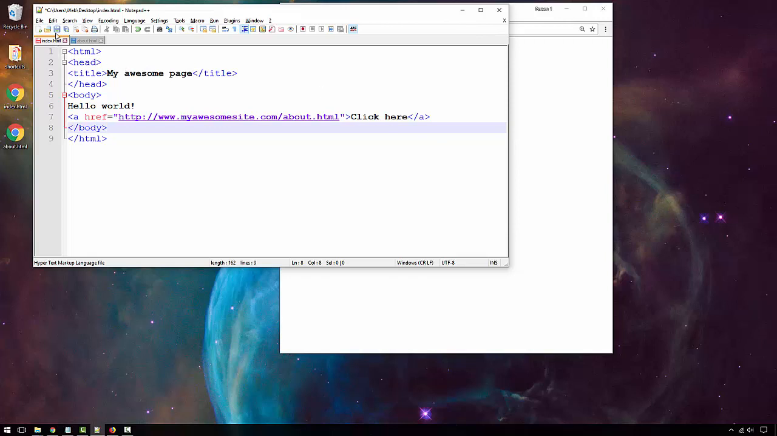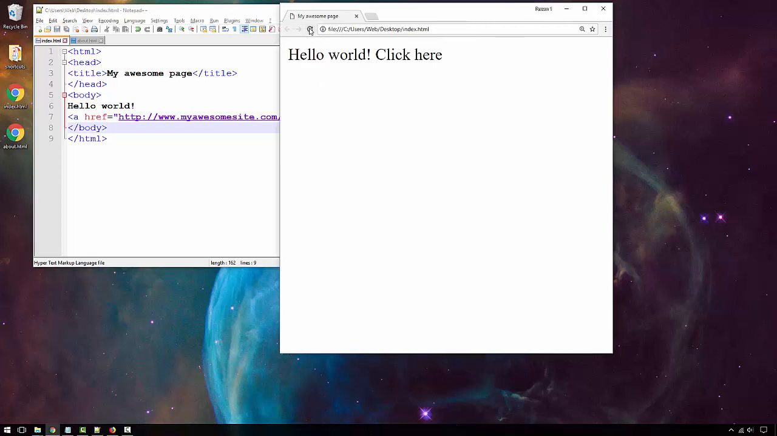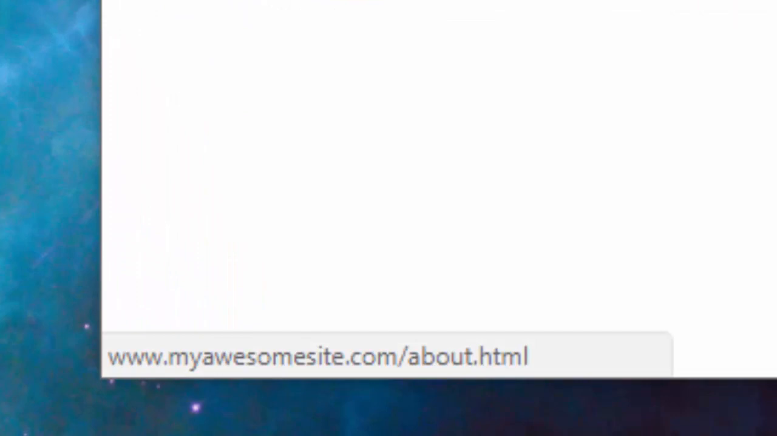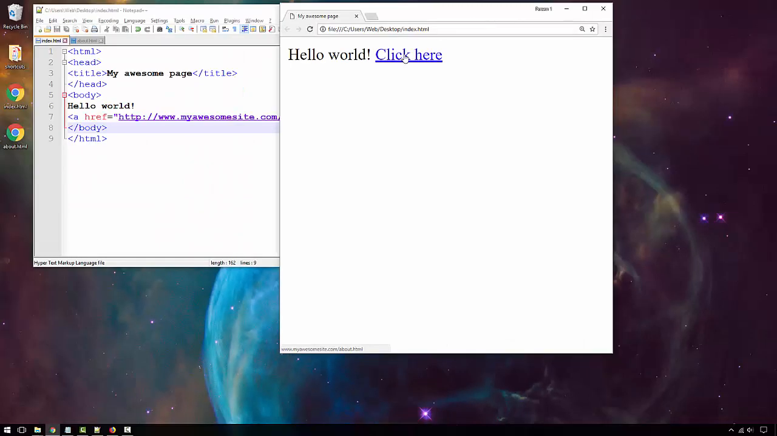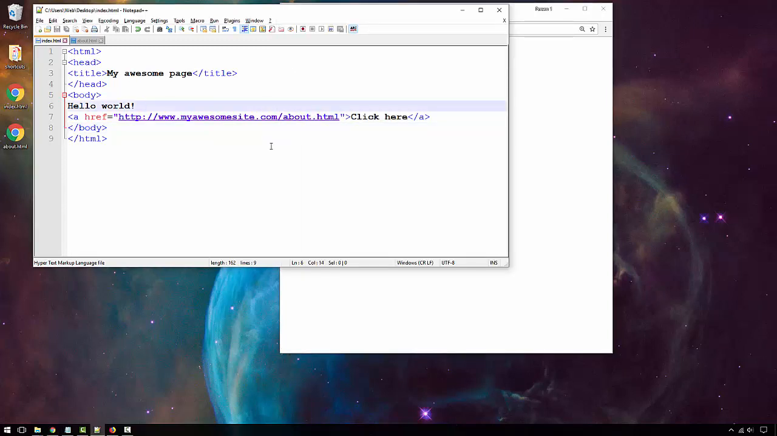So now if I save this and refresh, you can see that there's a line and it's blue. That is Chrome's default link indication, and when you mouse over it, you can see at the bottom that it's going to go to www.myawesomesite.com/about.html, which doesn't really exist, but I just wanted to show you that that's what an absolute URL looks like. The other type of URL is called relative, and that is just removing the first part and going directly to the page. I'm going to save again,